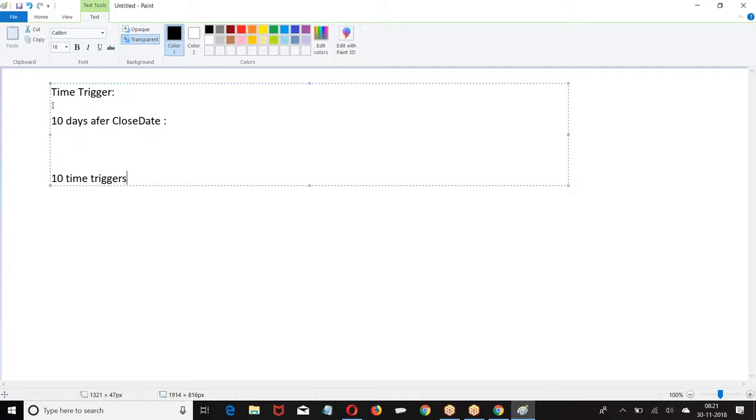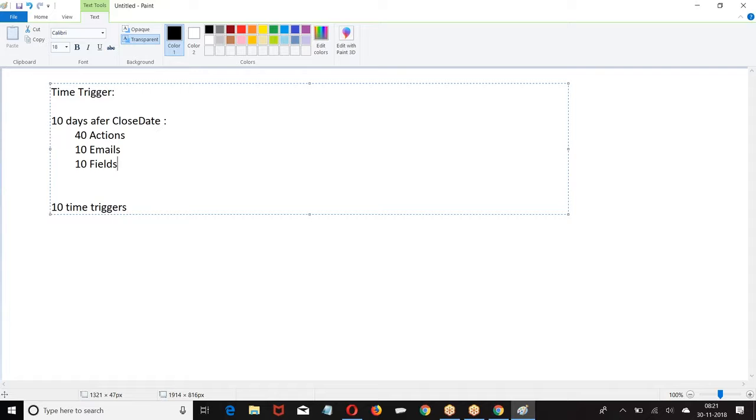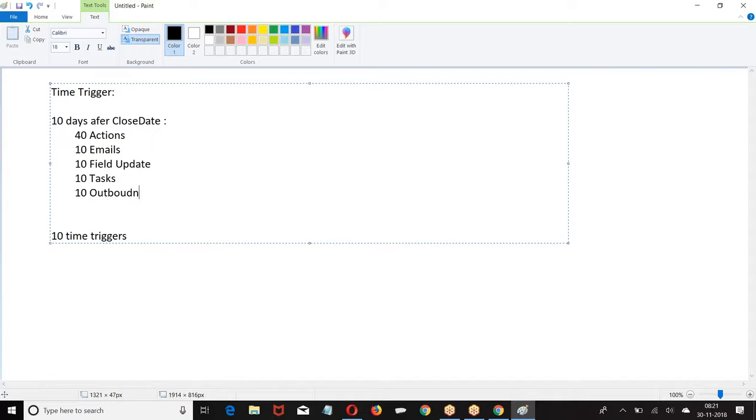In each time trigger, I told after 10 days, 40 actions can be performed. Out of 40, 10 emails, 10 field updates, 10 tasks, 10 outbound messages. So, how many time triggers can we create? 10. In each time trigger, how many actions? 40. Okay. And a major point,